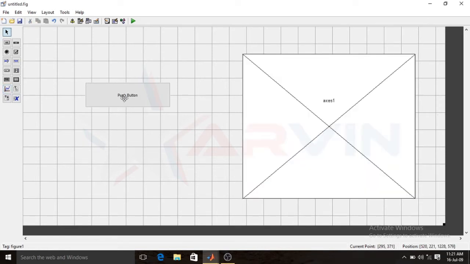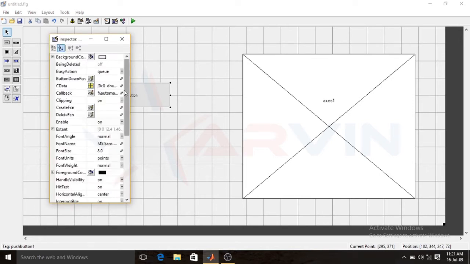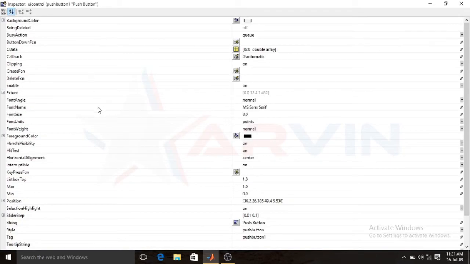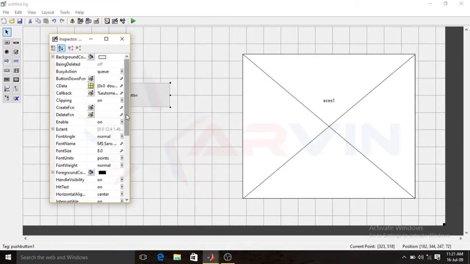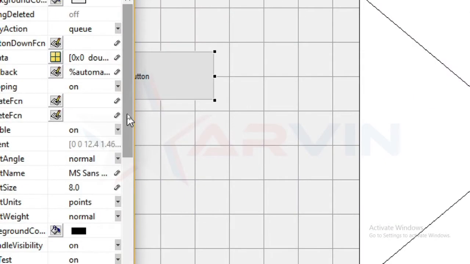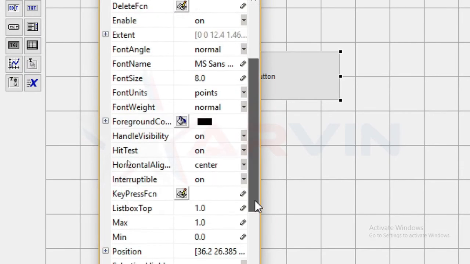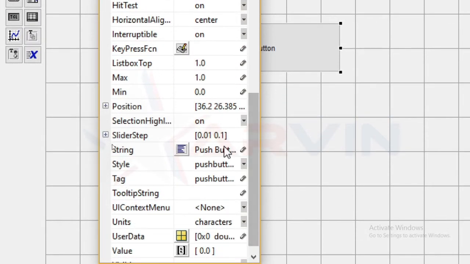Double click on the push button to open its properties. Here you can see a number of properties of the push button. Change the string of the push button. I write it as browse an image.